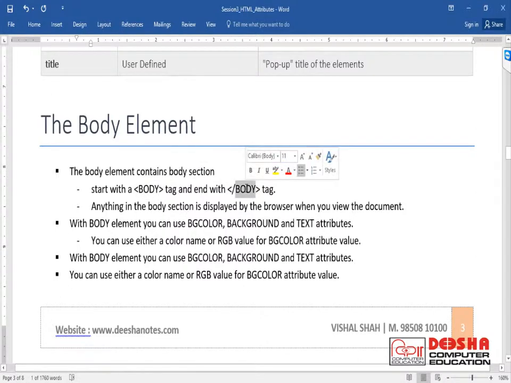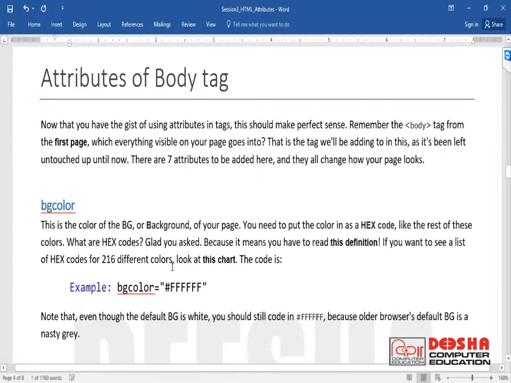Anything that we put into the body section is displayed by the browser when you view the HTML document. Normally with the body element we can use these three attributes: BG color, background and text. There are so many attributes I will list here. You can see, one by one we will see.